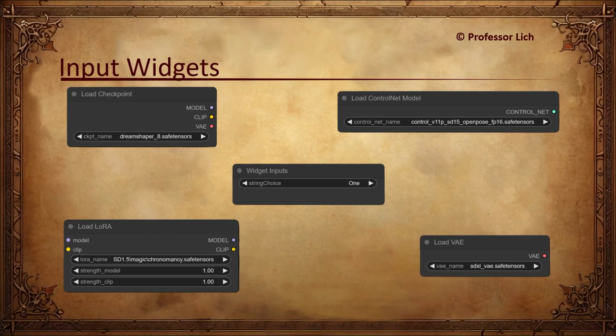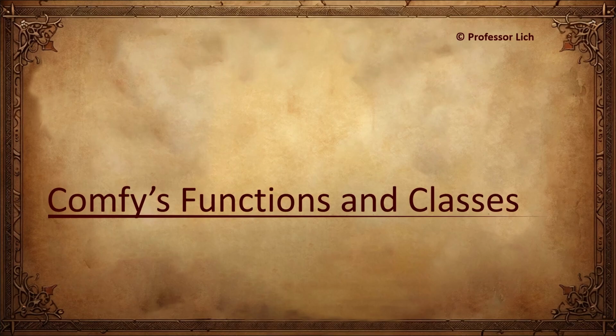You might have 3 checkpoints in your folder at one point. You decide to add another one, hit refresh, and voila! The newly added checkpoint is suddenly there. Of course, there is still the issue of how do we get the list of strings? We need to be able to extract names of files from a given folder and store each name as a string inside of a list of strings.